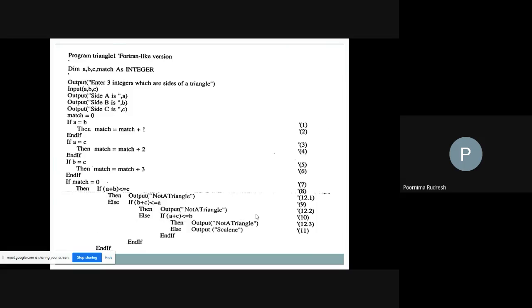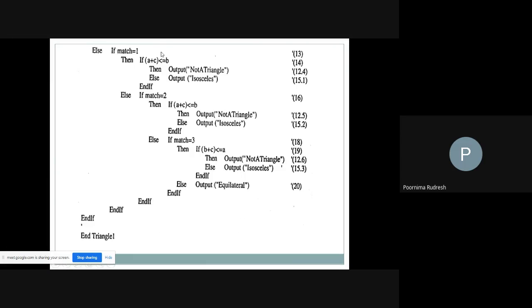For match one, if A is equal to B, we'll consider it as a match one, and once again we'll check whether A plus C is less than or equal to B. If this condition is satisfied, then it is not a triangle. If not, then we represent the triangle type as isosceles.